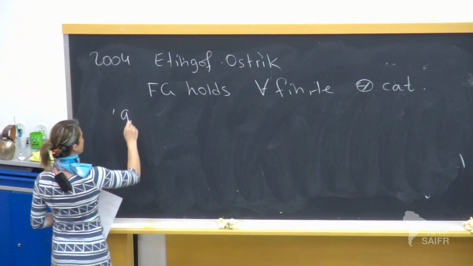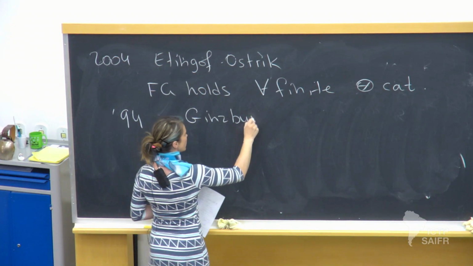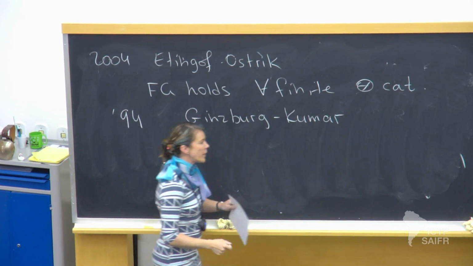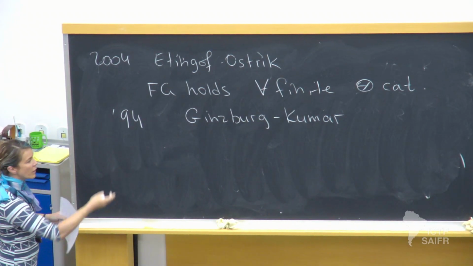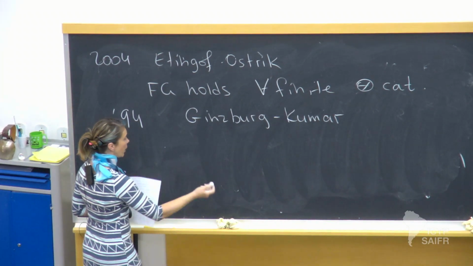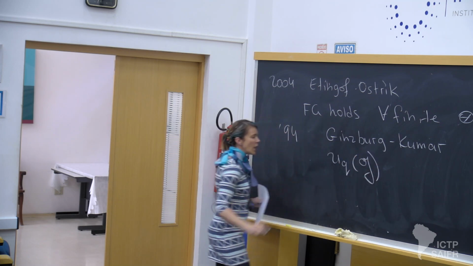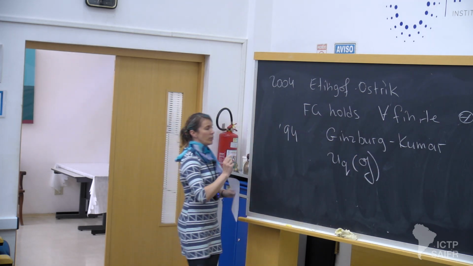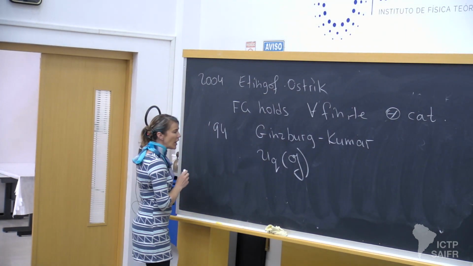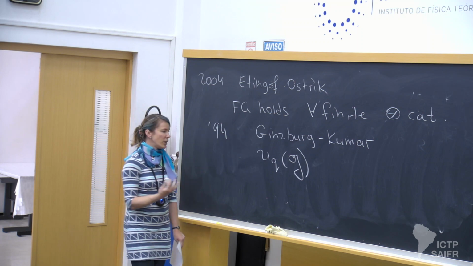In '94, Ginzburg and Kumar realized that the methods that Friedlander and Parshall used for the restricted Lie algebra can be used for the small quantum groups. And in fact, they actually did more. It's not that they proved finite generation. They calculated cohomology. So they showed